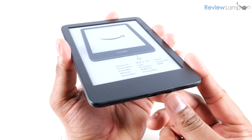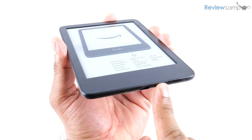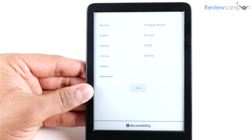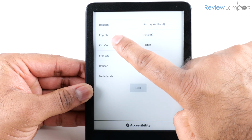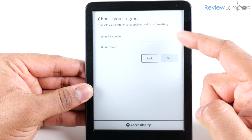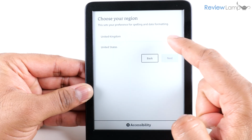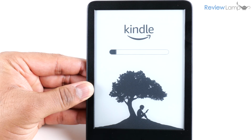And the first thing we're going to do is press and hold the power button to power the device on, and it now boots up. And on the next screen it asks you to select your language, which is what we're going to do. Let's select English and then hit next, and then it wants you to select your region. In my case, I'm going to select the United States and then hit next, and then it begins to set